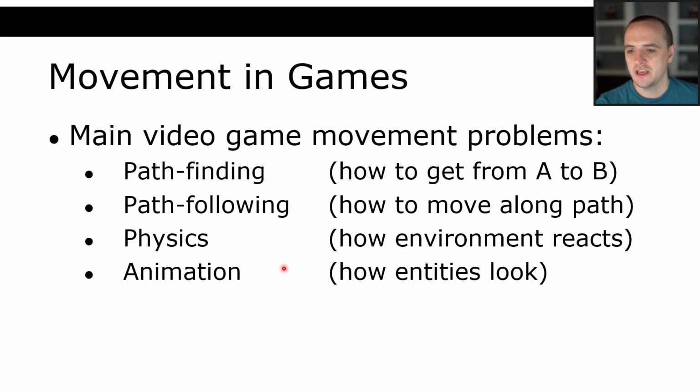And also, even though this isn't necessarily the domain of the AI person, it's becoming more and more relevant in game AI, which is the animation, right? So how the entities look as they're actually moving around. If an entity is moving straight and then starts moving to the left, I guess in some older games it's okay to just have the character instantly turn around, right? Like say Super Mario Brothers. I'm facing right and then instantly I'm facing left if I go in a new direction.